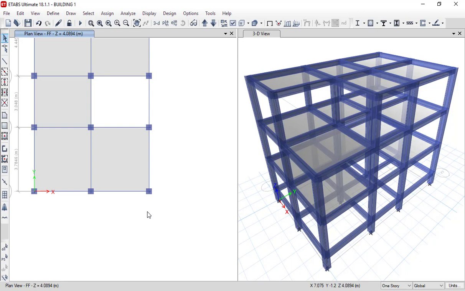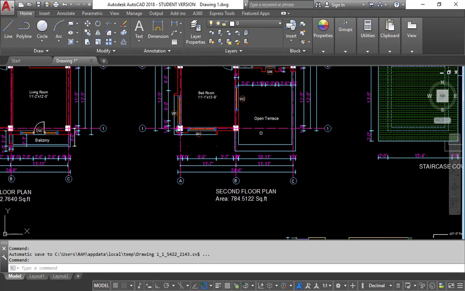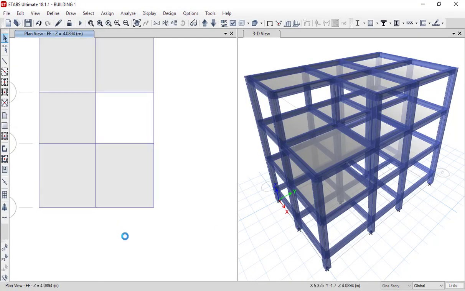So rather than creating the grid, we are just going to plot one point here, and then we will plot the balcony. As you can see, the same balcony will also be at the second floor level, so we will copy that balcony to the second floor level. That is how we will start our process.